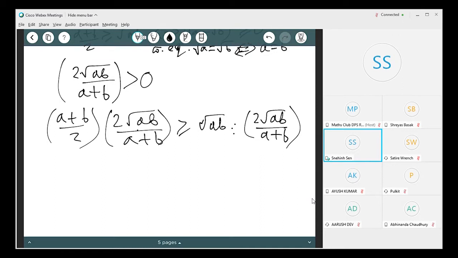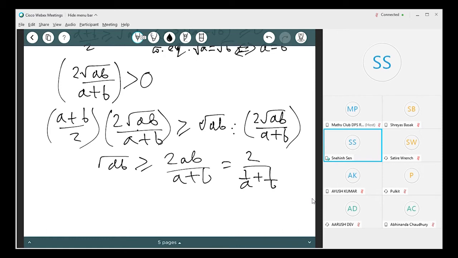But then do some simple calculation. This turns out to be root AB, and this turns out to be 2AB by A plus B, which is equal to, again, what I said, 2 by (1 by A plus 1 by B). So this is called the GM, and this is called the harmonic mean. So what we just saw is that AM of two elements is greater than